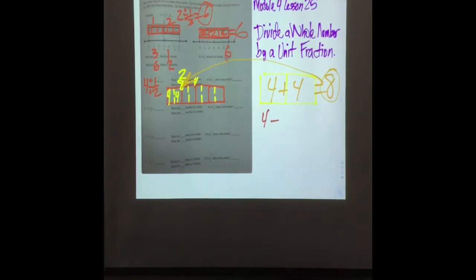Well, I got 4 divided by a half, right? Now, what do I have to do when I'm dividing? I have to flip the right one. Which one's the right? It's the half, right? So I'm going to put it 2 over 1. I'm going to flip my